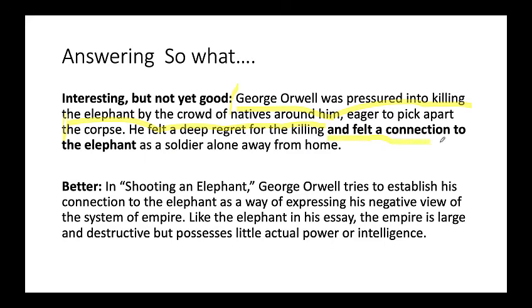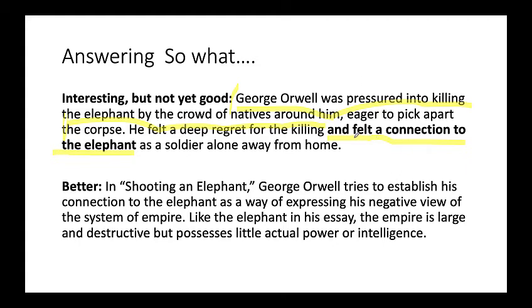Where I think this thesis gets more interesting is this kind of implication here. It's something the reader may not know or may not already have assumed just from reading the essay. And this is a new idea: you felt a connection to the elephant. In other words, the idea here is that when Orwell is describing the elephant, he's making some kind of connection between himself and what he's feeling and what the elephant's feeling. That is not obviously stated, but I think it's something you can make an argument for, so it's a really